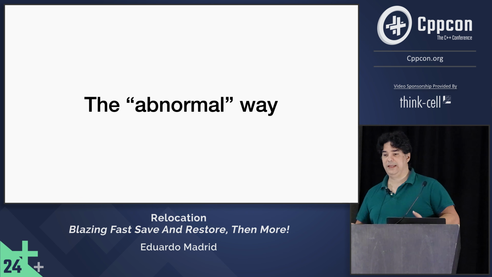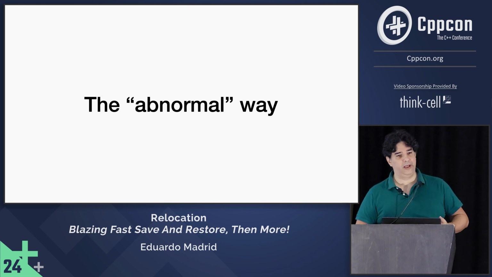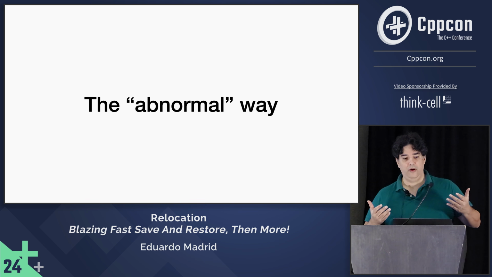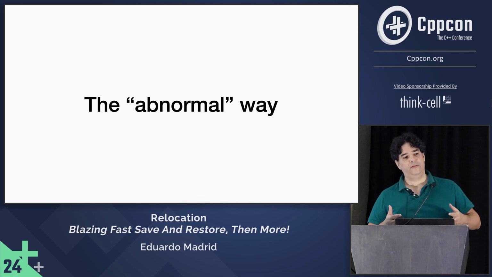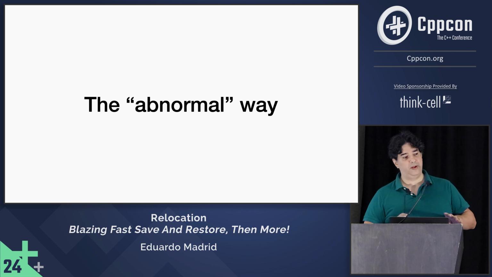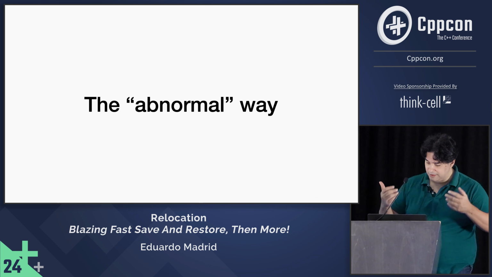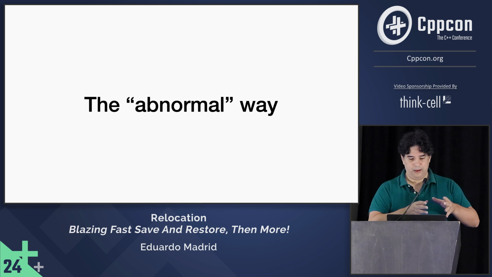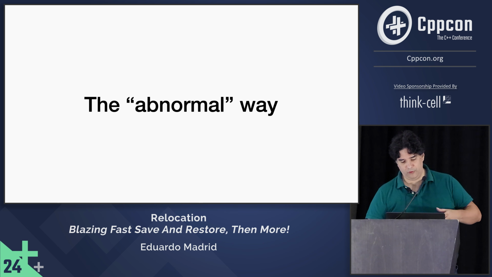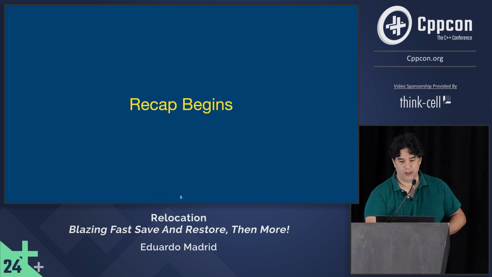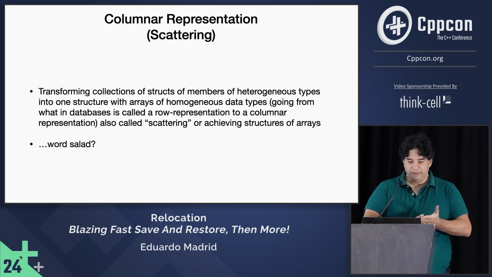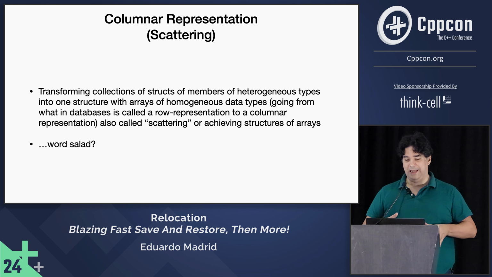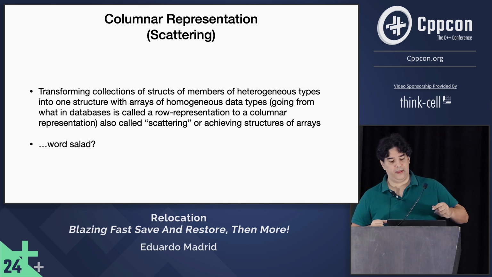Now, if I was telling you about the normal way, then let's talk about the abnormal way. Subnormal, not just because nobody does it in that way, but because you have to put a lot of effort for non-apparent benefits, but the benefits are there. And one of the things that I did was to refer to all of the work that had been done on proving the benefits in terms of performance. Okay, so the way to give a primacy to the data can begin with transforming.